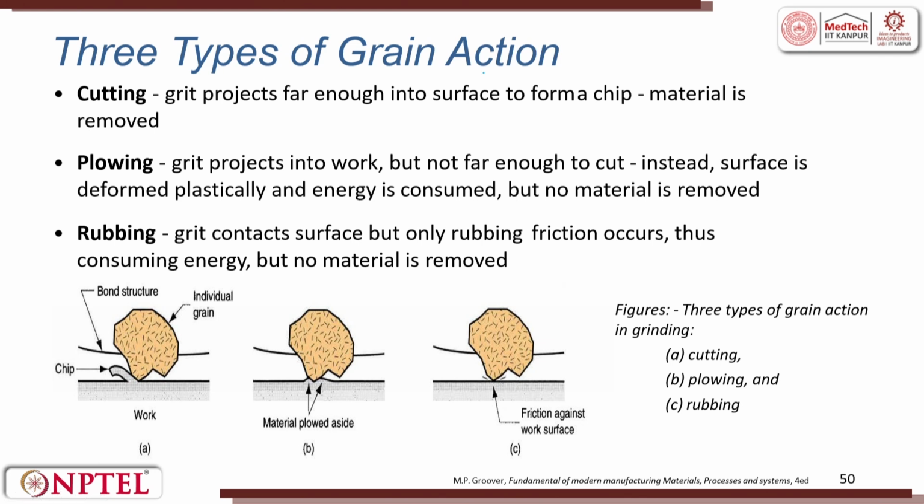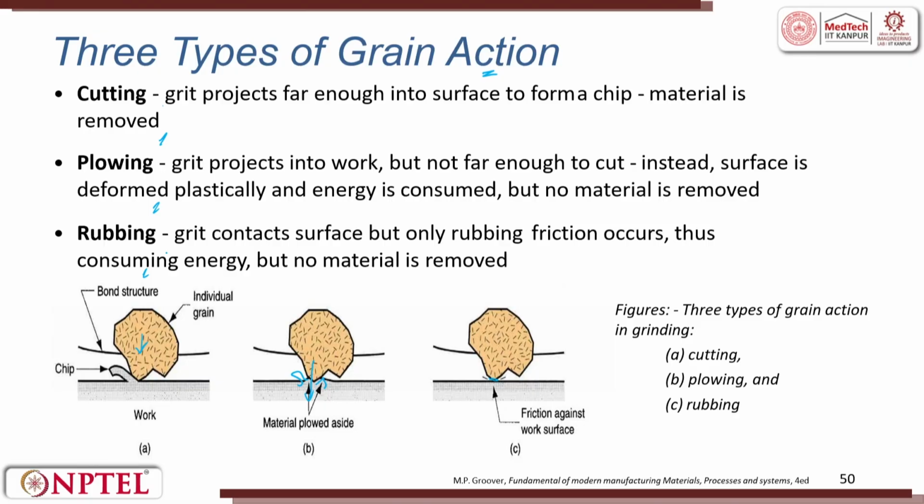So, the general mechanisms in grinding are three: cutting mechanism, ploughing mechanism and rubbing mechanism. In cutting mechanism, the abrasive comes in contact with the workpiece and removes a chip. That is called cutting. In ploughing, there is force, and assuming the workpiece is soft, the abrasive digs inside and the material is ploughed, it is not removed, it is only displaced. In rubbing action, there is no cutting, the edge of the abrasive is blunt, it does not cut, it just scrapes through, it rubs.